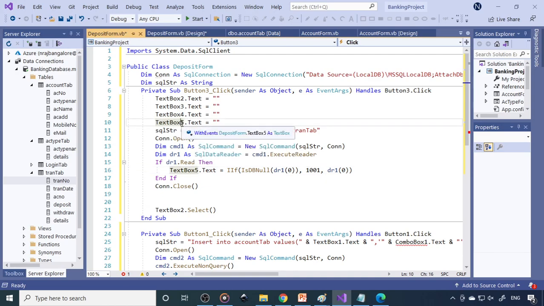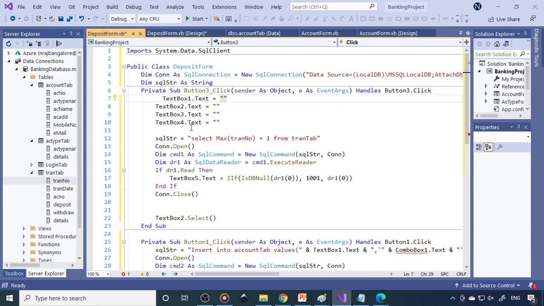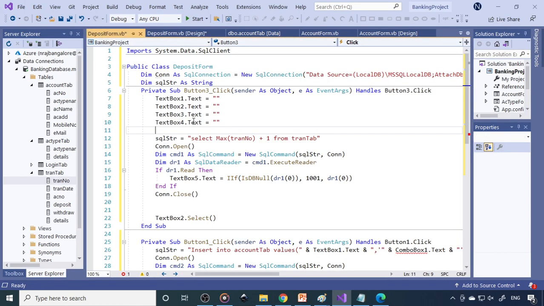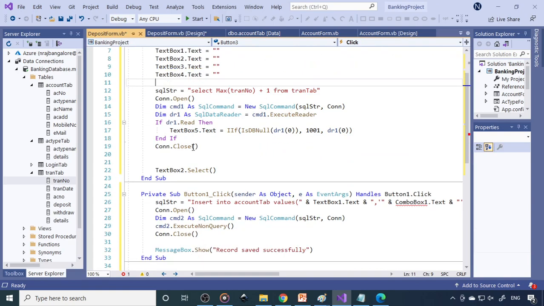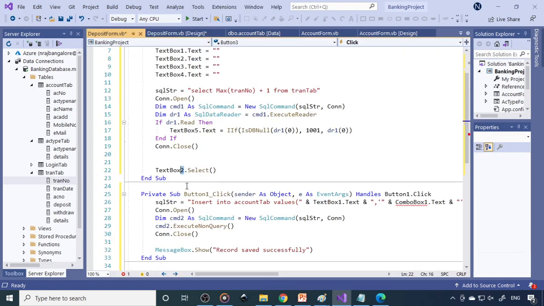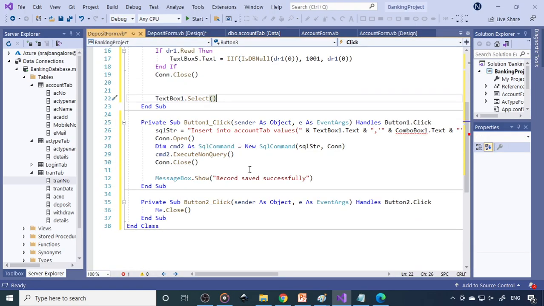Okay, so instead of 5 you can change to 1 here. When you have multiple text boxes, if they are not in order, you need to take a lot of care, otherwise a lot of errors will occur. Now this goes to text box 5 and this is text box 1, so the cursor should come to text box 1. That is done.